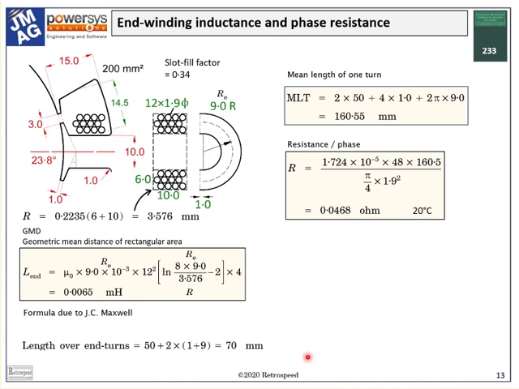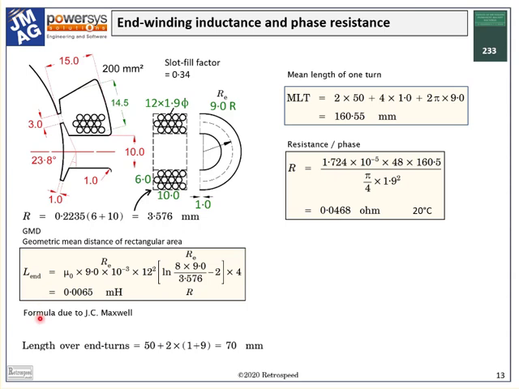Finally, the end winding inductance is calculated using this simple formula, which comes from the famous book by Grover published in 1949. Actually, the theory of this goes all the way back to James Clerk Maxwell, and it was discussed extensively by Rosa and Grover of the United States Bureau of Standards, who published a large number of inductance formulas between 1910 and 1920. You can find this very easily on the internet. It's still available.